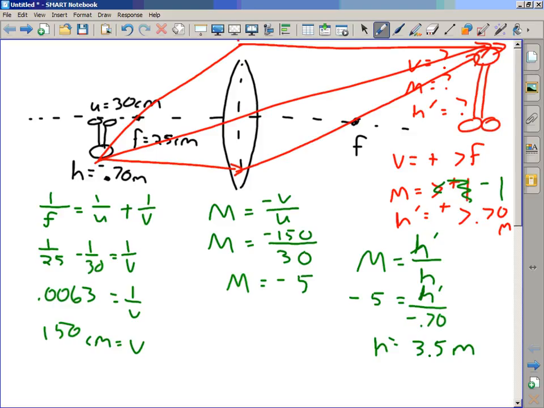Let's go back and check for sig figs. I can already tell you that I want to give you an extra sig fig. Let me put a period behind that 30 centimeters. If there wasn't a dot behind that 30 centimeters, how many sig figs would I be allowed? 1, right? I have to go back and round everything off to 1. So I would have had to say 4 for the height, magnification negative 5,